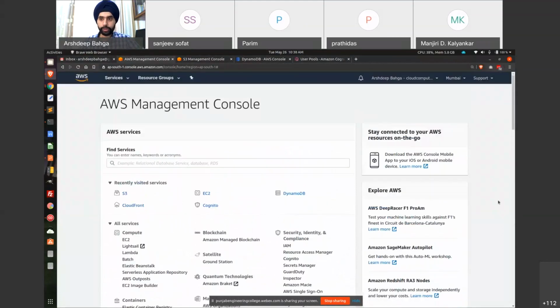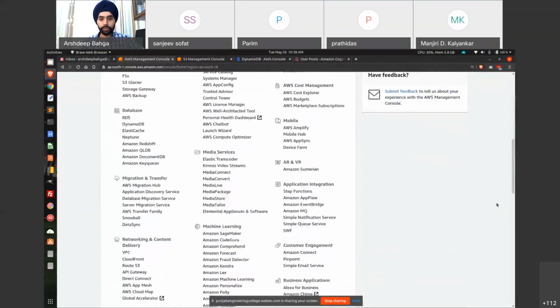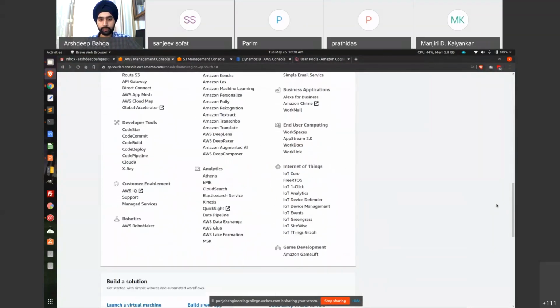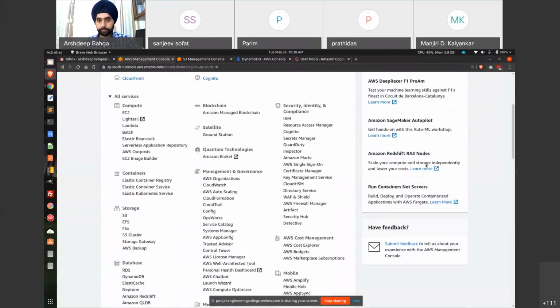If you log into your AWS or Amazon cloud, you can see a console like this. Within the AWS cloud, we have different security services. If you go to the security, identity, and compliance area, we have different cloud security services. For example, we have the Identity and Access Management service.